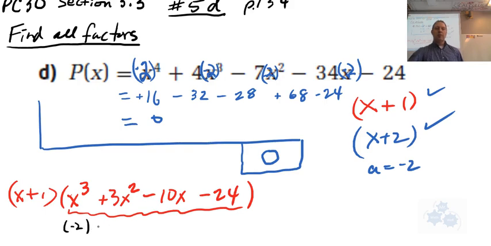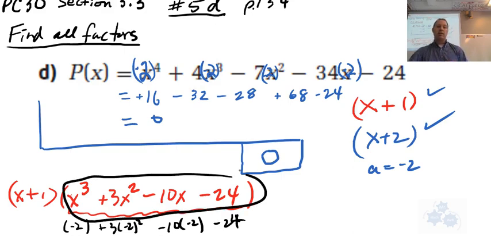So negative 2, right, plus 3 times negative 2 squared, minus 10 times negative 2, minus 24. Yeah, no, you know what? That's totally fine. I don't know why I just gravitated to the back. Now, all of these factors will be factors of the original for sure, right? So, I guess maybe the reason why I went back to the original is because let's say somehow I've messed up on this. There's a chance that I've messed up somewhere. So if I go to this one that I've determined, now maybe I'm gonna really get something wrong if this is wrong. So now I've determined, oh, hey, this is not a factor because I screwed up here and I didn't realize it. So yeah, you can go back to the beginning, but you can also go back to